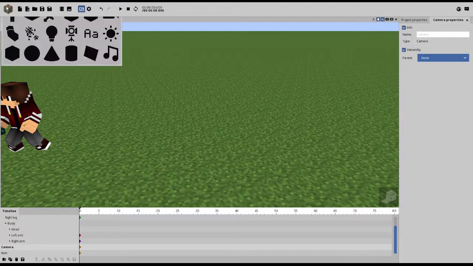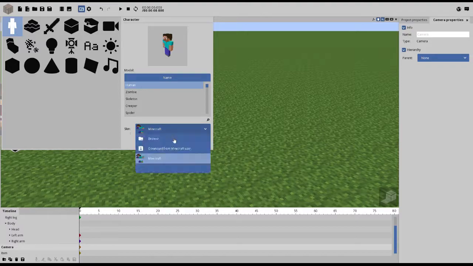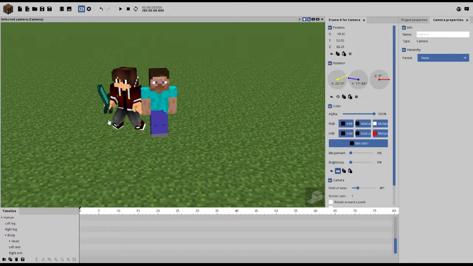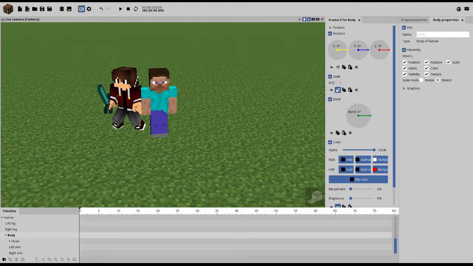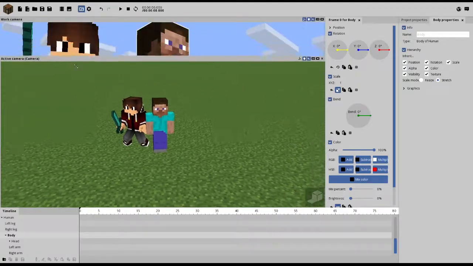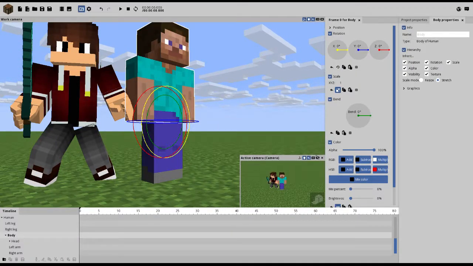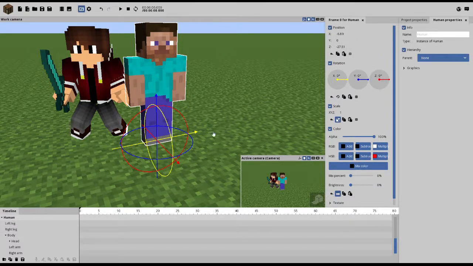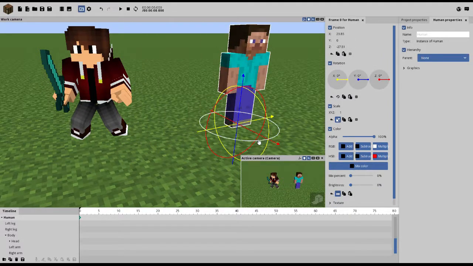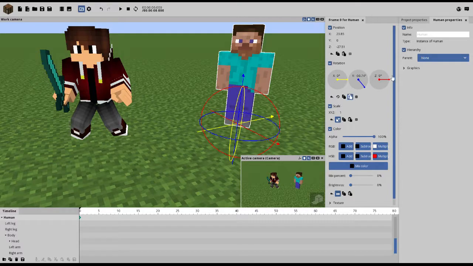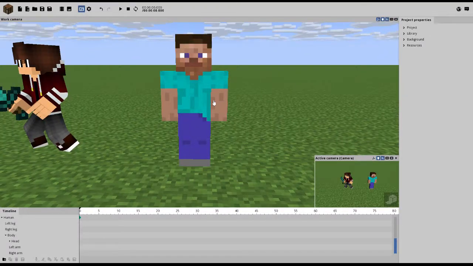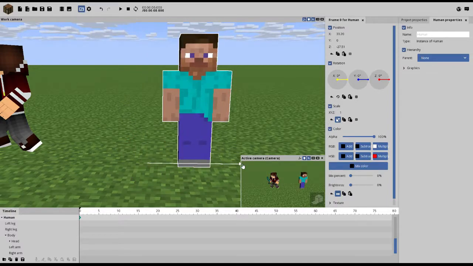So just grab a skin that you want. I'm just going to use the normal Minecraft skin. Oh, I'm in the wrong camera. There we go. So, here we have Steve, just a normal guy. I'm going to set all of his coordinates to 0 and everything. And then,